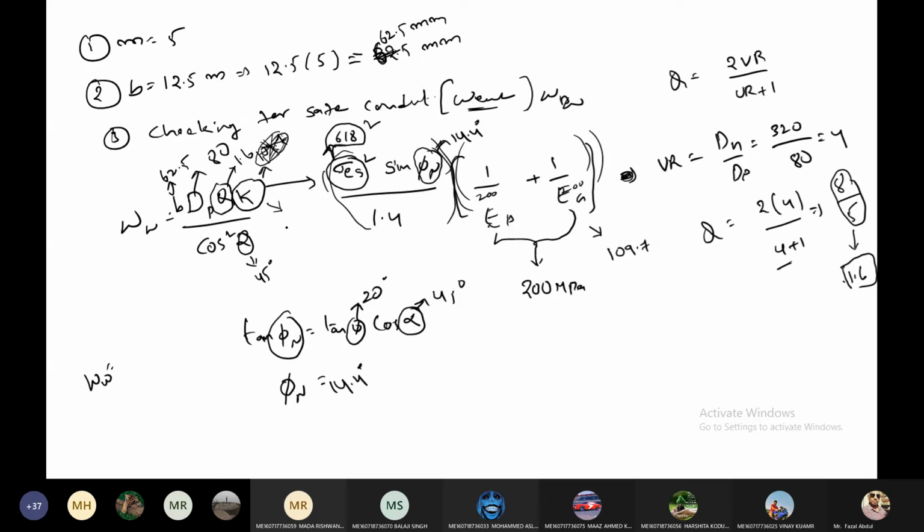The K value should come how much? 0.678. Sir, I got 678.4. Sorry, here I forgot to write the 10 to the power of 3. 200 into 10 to the power of 3. 0.678, sir. Okay. So now tell me the WW value.